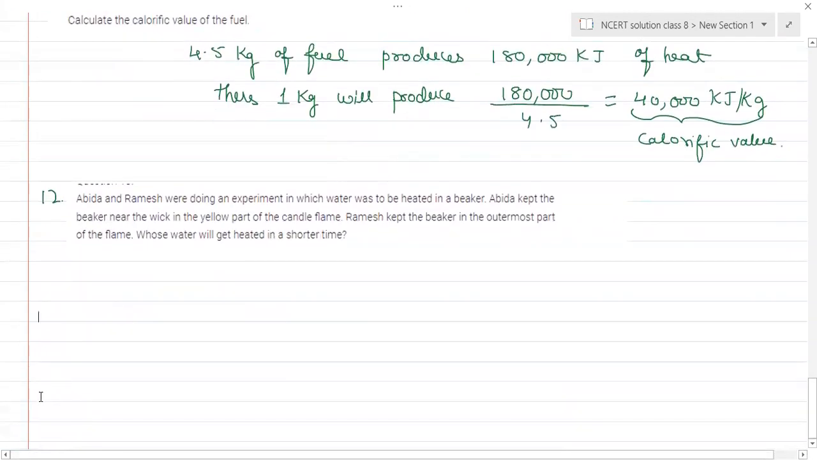The 12th question, Abida and Ramesh were doing an experiment in which water was to be heated in a beaker. Abida kept the beaker near the wick of the yellow part of the candle flame. Ramesh kept the beaker in the outermost part of the flame. Whose water will get heated in a shorter time? So we all know that Ramesh